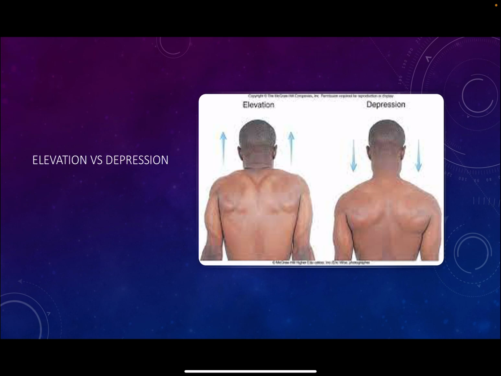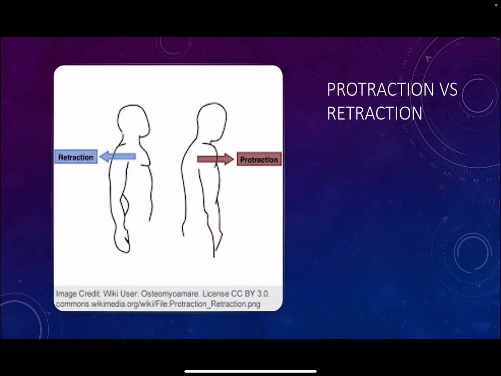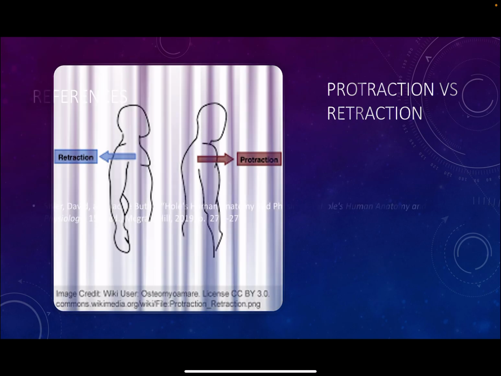Elevation versus depression. Elevation, you're raising your shoulders up. Depression, you're bringing them down. Retraction, you're bringing your shoulders back. Protraction, bringing it forward. These are